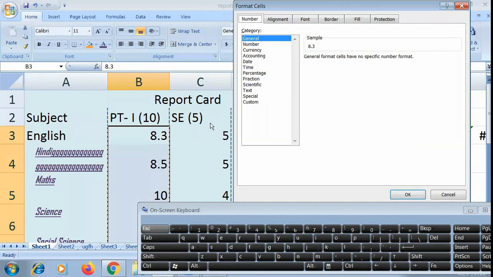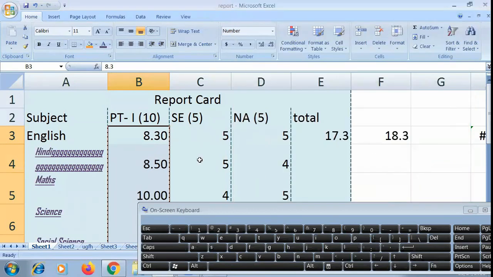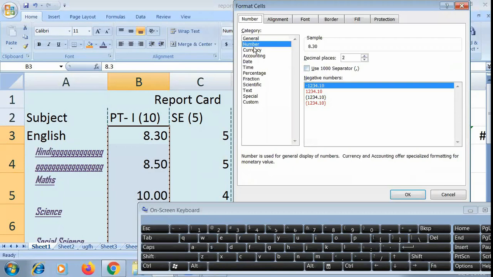Here it is showing in general. If we want to show it as a number, then we can use Number. The number will be this, and the decimal places value will be 2. That's why it is showing 30, and here it is showing 3 only. So as we click on OK, we will get the value. Now, to convert the value into number,